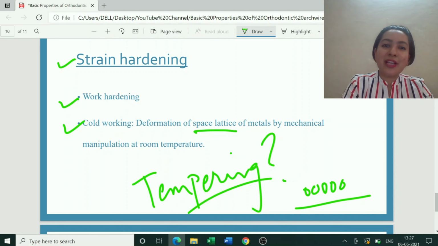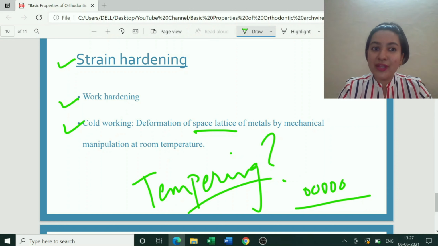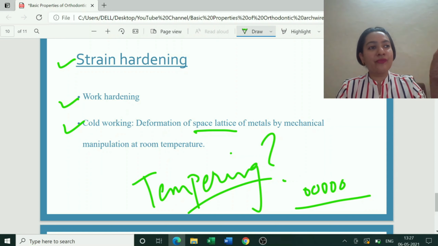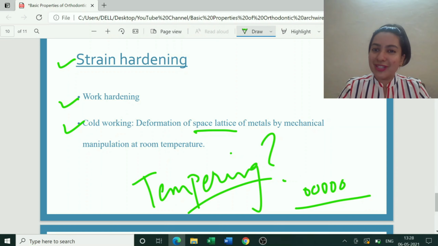That is why low heat was covered earlier, and now we are taking the concept of strain hardening so that you can relate. It is just a way of relating. All the things are related to each other. You just have to pick from one corner of the puzzle and stick it to the other side. Okay, so this is strain hardening.